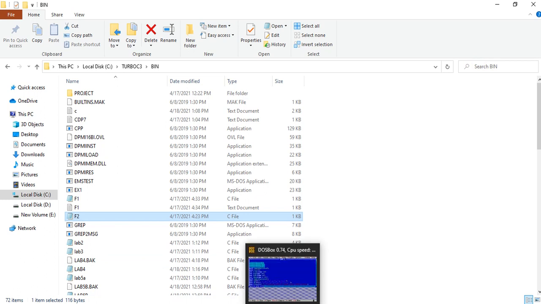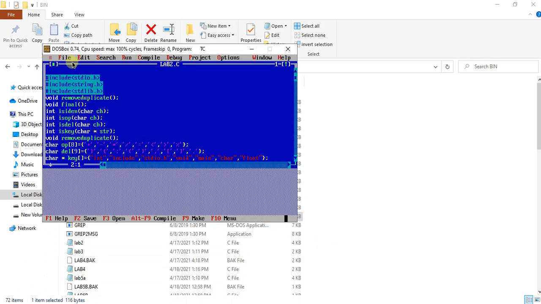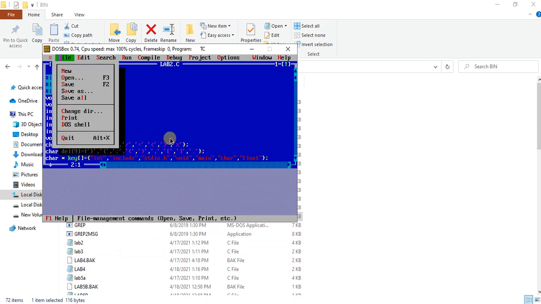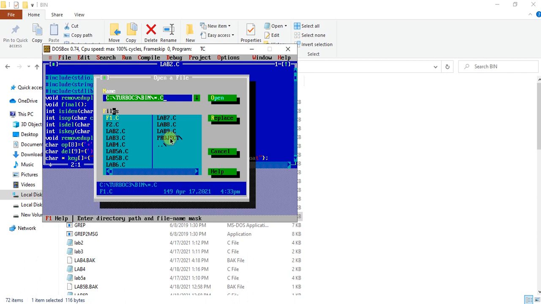In Turbo C++ I have saved lab2.c. So there are two .c files, one lab2.c file inside the bin folder. You have to save it inside the bin folder. Then when you go to File, Open, it will list all the C programs inside the bin folder.